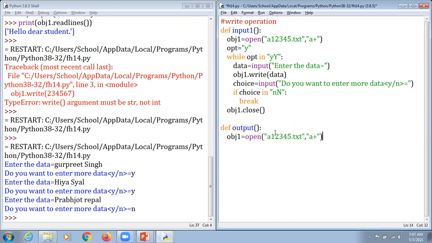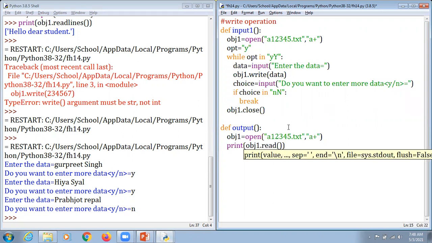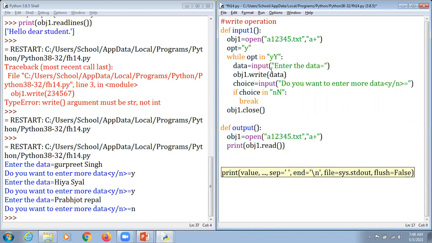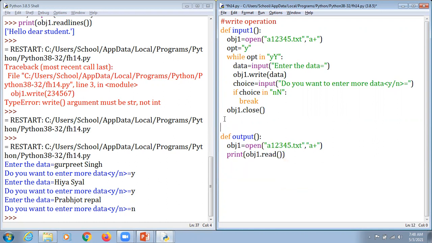We are supposed to hit the enter key and mention it as a print obj1 dot read function here. And we have created two different functions. One is for the write operation, and the second is for the read operation.